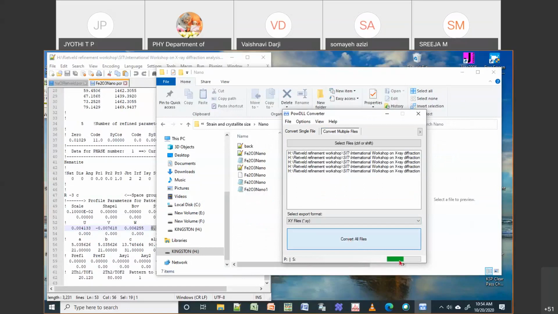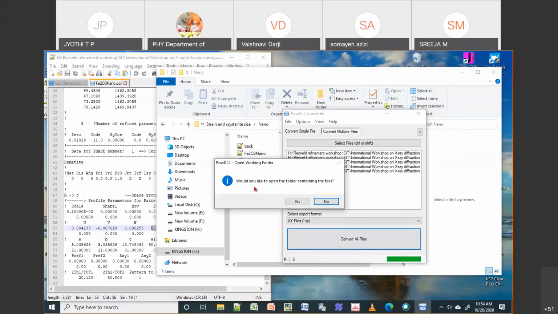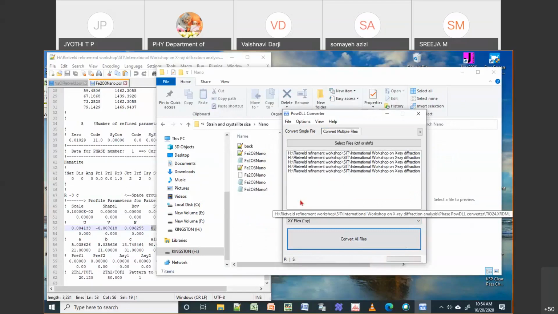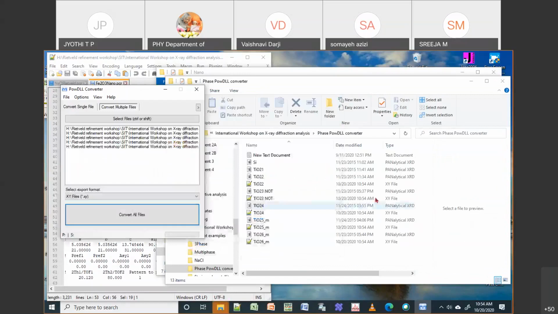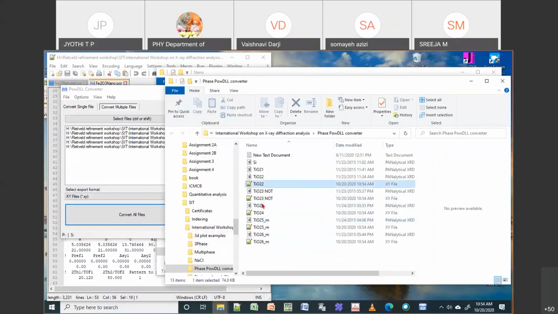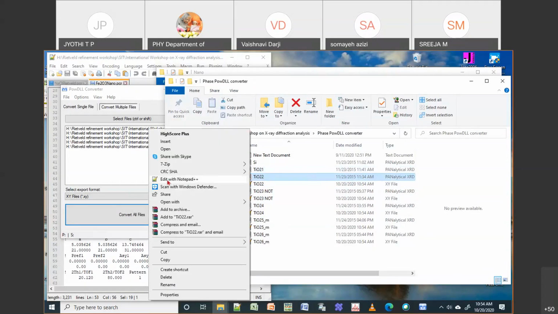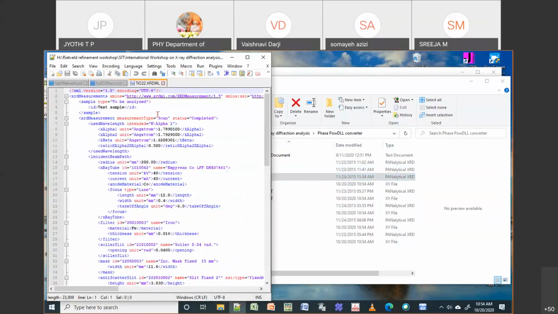You can see here it is running. Once it is finished, it will ask whether you want to open the folder. If you click yes, it opens the folder, and you can see it has converted all this data from XRDML to XY format. If I open this XRDML using WinEditor, it looks like this; it does not have an XY format.